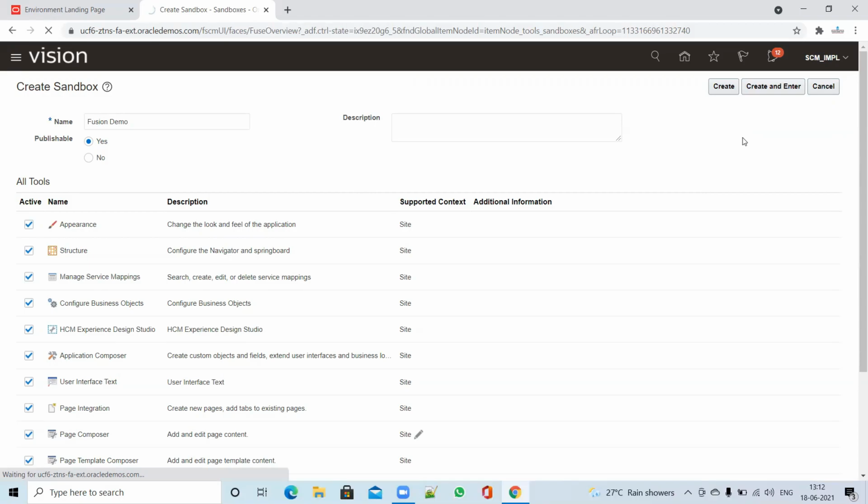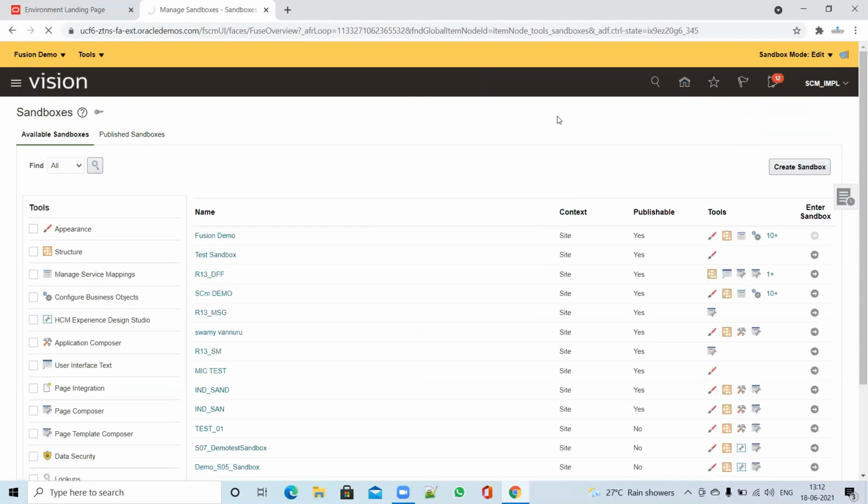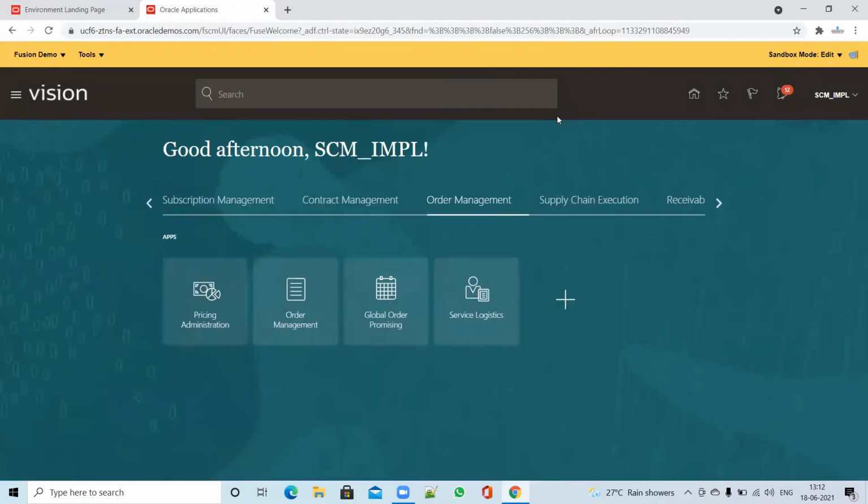And after that, you can start your personalization based on your tool selection, whatever you want on the UI. Now, for personalization, a couple of pages have limited functionalities available where, if you have the requirement, you can achieve it. A couple of functionalities you cannot achieve on the UI as well. So there is limited functionality available with respect to personalizations. Now, I clicked on the home page. So now you can see that the sandbox is enabled.